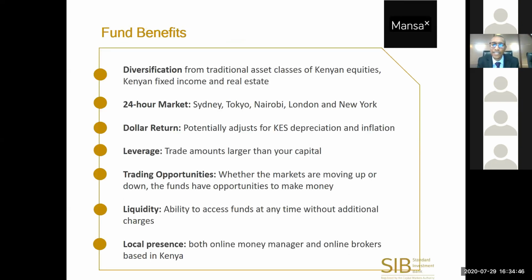One of the things is the fact that, number one, you're investing in a lot more asset classes. It's very difficult to expect the same return from an investor who only invests in about 10 financial instruments at most, versus Mansa that can invest. Doesn't mean that we necessarily do this, but we have the ability to view and access hundreds of asset classes. If the Kenyan stock market is not doing well, we can take positions in stocks in the New York Stock Exchange. The S&P 500 alone is 500 stocks, as you well know, and so on and so forth.